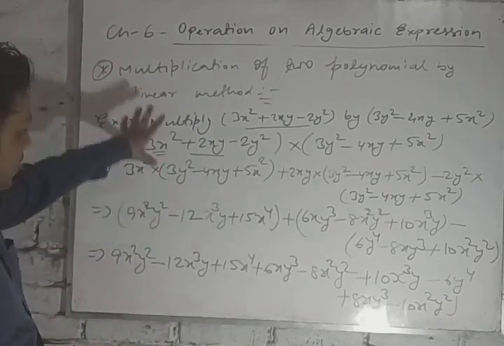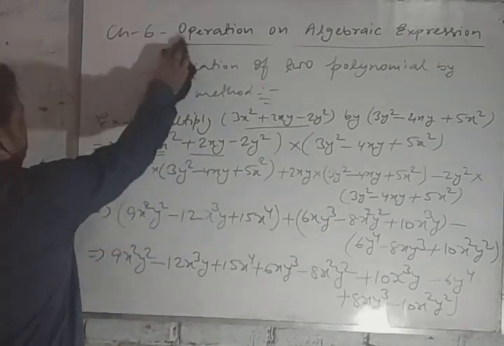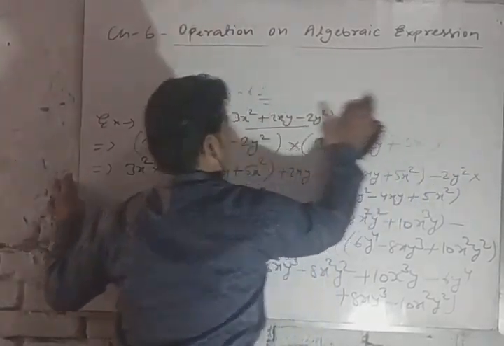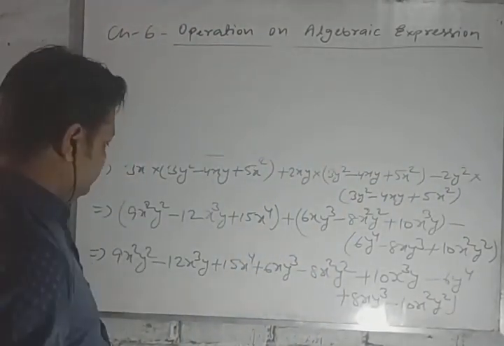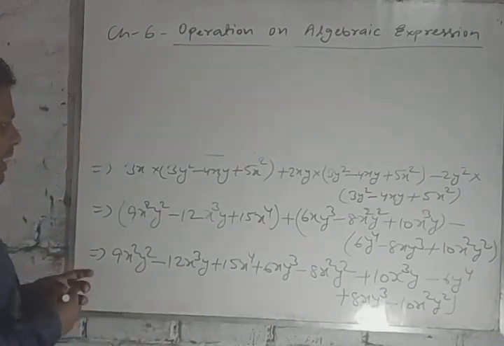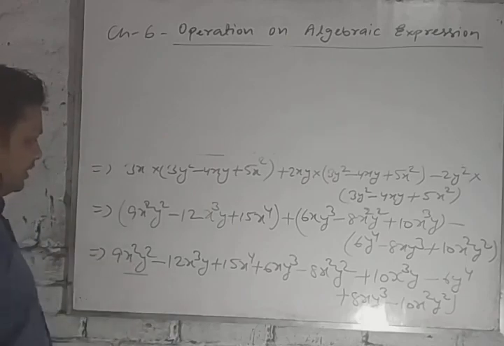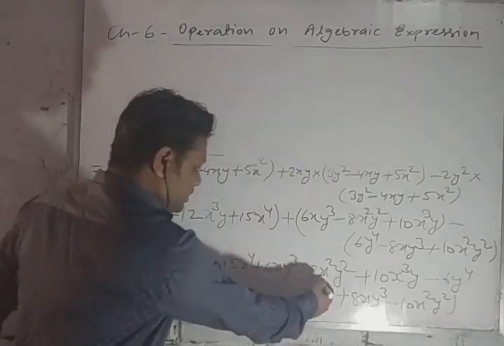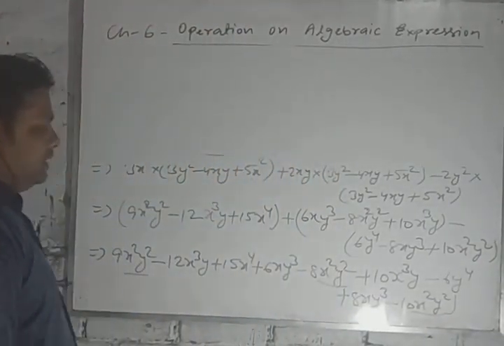I hope you have all understood all the steps. Now let's do the rest of the part of this question. Here at first we have to see the like terms. Okay, so here x square y square. Any x square y square term? Yes, this one. And any? Yes, this one. Now, three like terms are here.